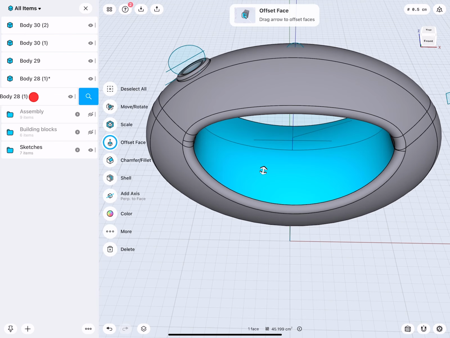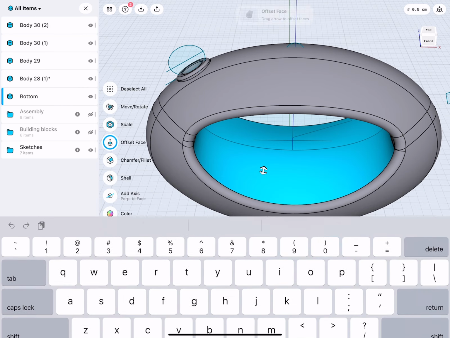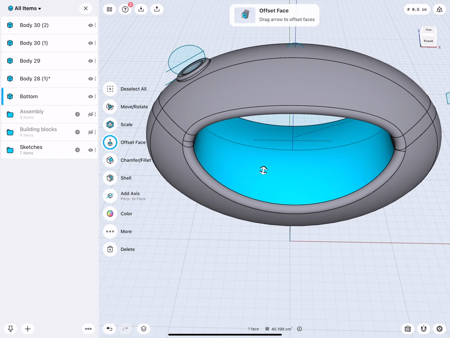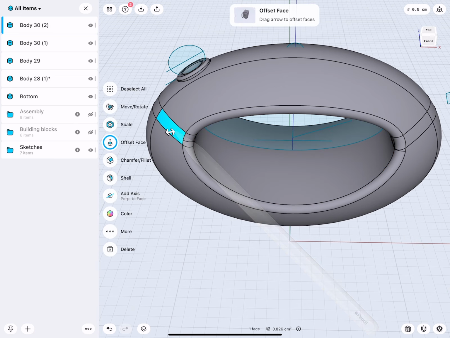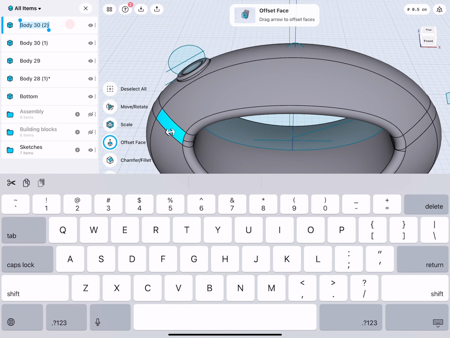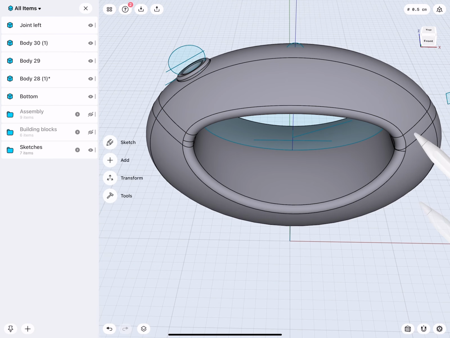It really makes sense to give these objects names or move them into other folders or groups. I only named this one bottom now, because what can happen is when you add more elements to it or add it to a different element, the naming will change. So just so you know this. But for example, these elements here, joint left, these are done.